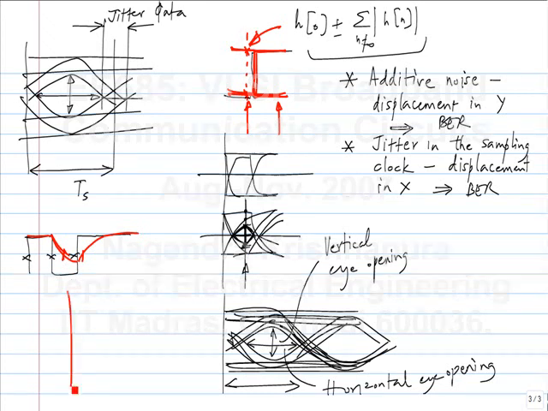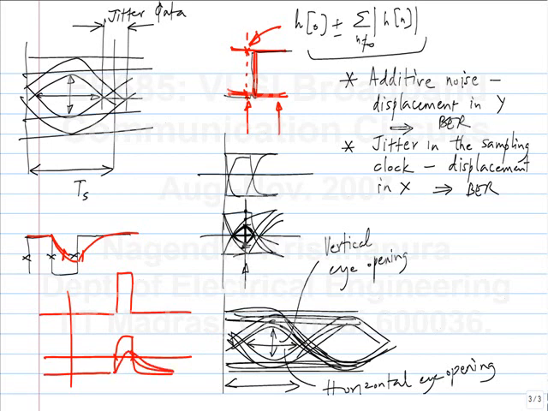So for instance, let's say I have a single isolated pulse, right? The input is always -1, then it goes to +1 and comes down. The output, if the bandwidth of the RC is large, will do this. Then this and this are more or less separated by ts. Then as the bandwidth reduces, it can do something like this, where the spacing is much smaller than ts, because it doesn't rise to high enough values. And if the signal stays negative throughout, then the eye diagram is closed, meaning you will never have this opening. If for a negative input the output doesn't go negative, the eye diagram is closed.